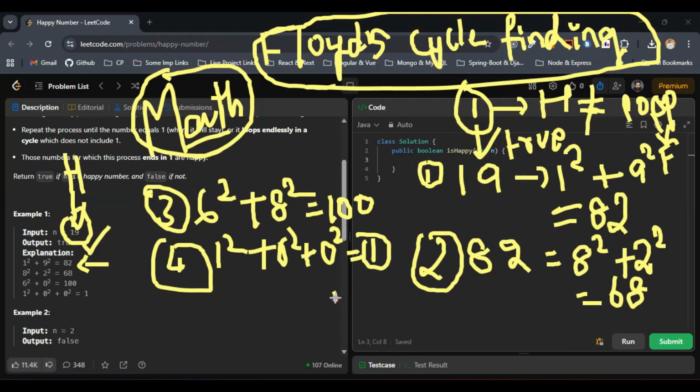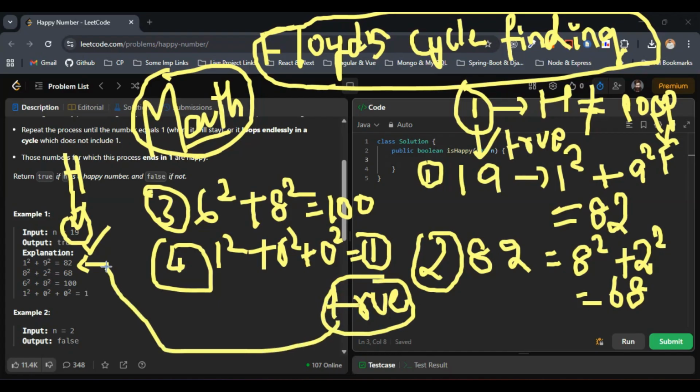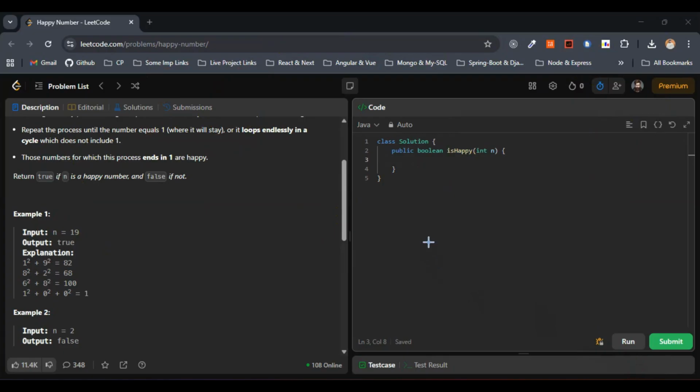See here, the output that we got here is 1. So we'll return the boolean value true. So we have got true here, which is equivalent to the output that they have given for example 1 within the question. So our approach works absolutely correct. As we are completely familiar with the approach,